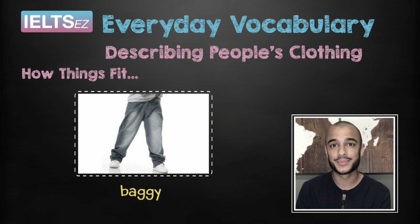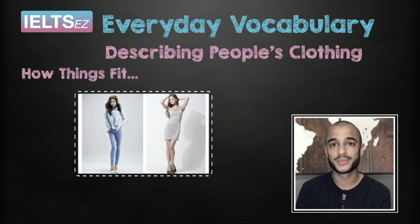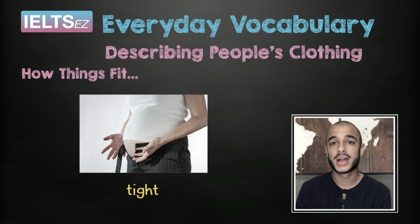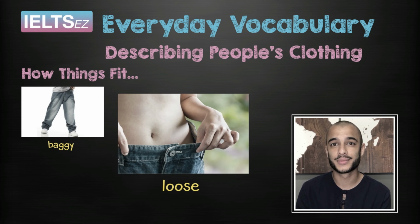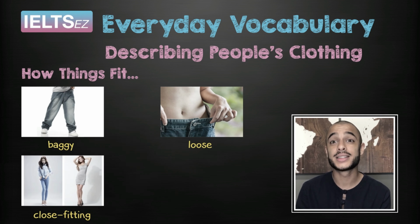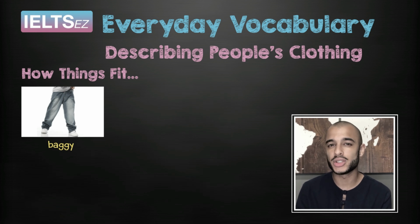Baggy, loose, close-fitting, tight. Let's say them again. Baggy, loose, close-fitting, and tight. The word baggy you can use